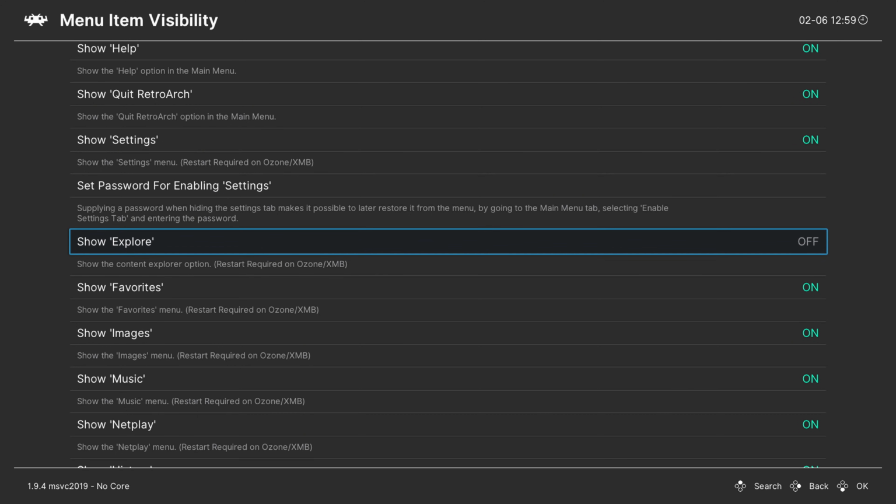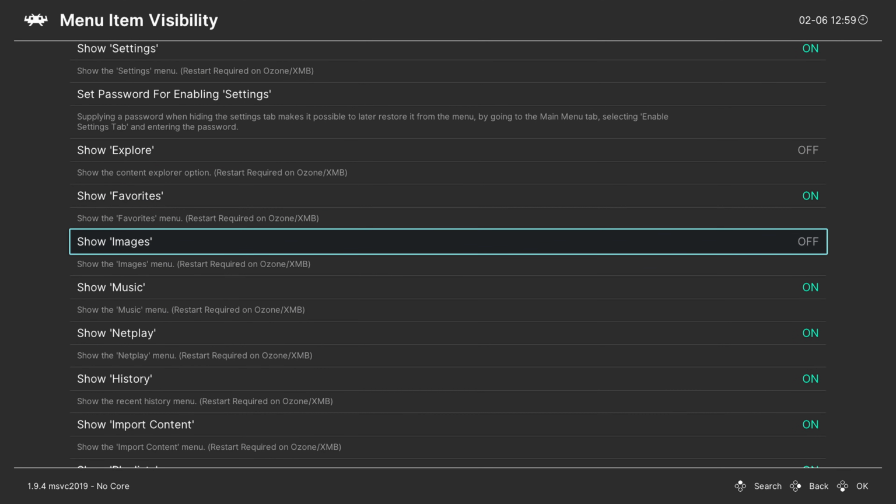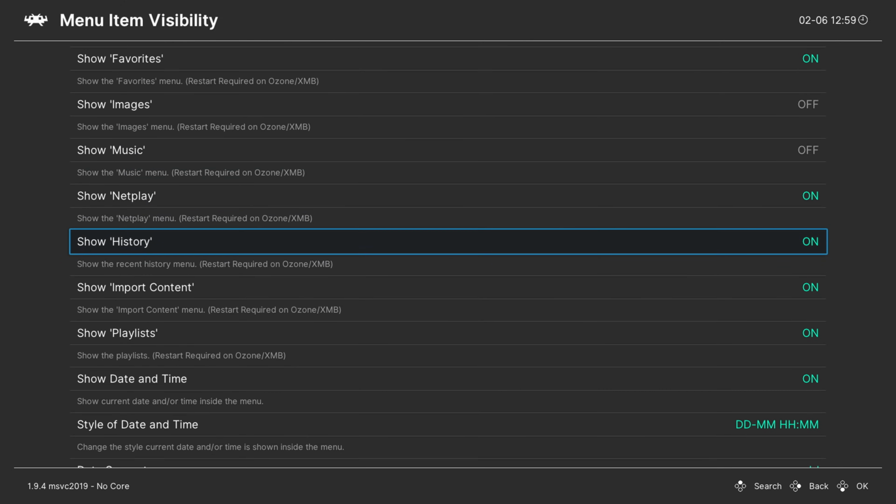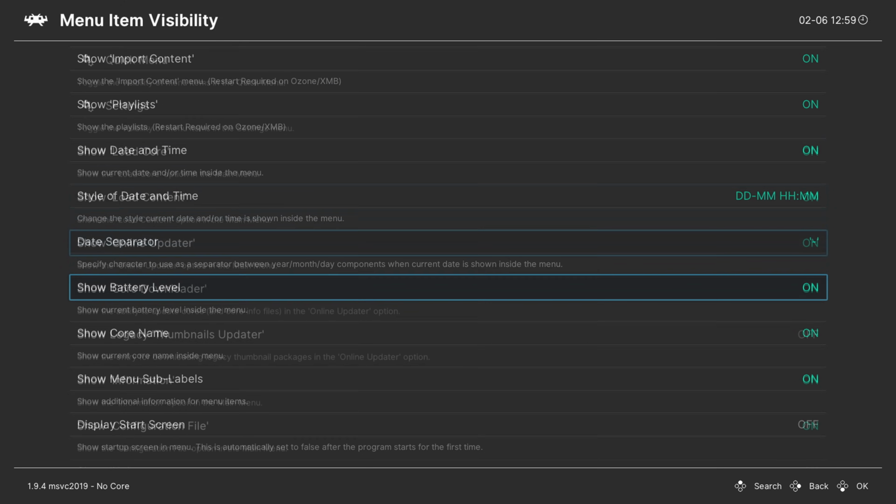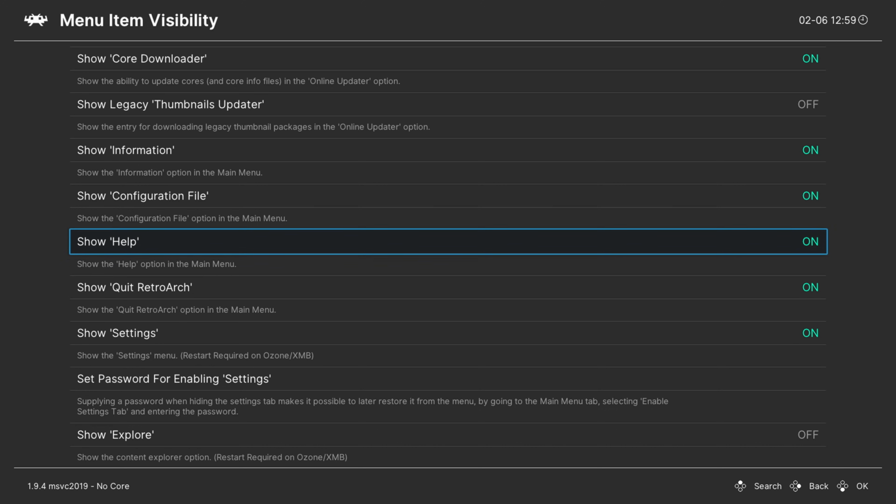This tab can cause crashes when you start making playlists within Retroarch. It is a hassle, it's a headache, there is always a long stutter or pause when it gets to this tab, so just turn it off. And then you can also turn off images, music, and any other tabs here that you might want to turn off. So for me, I like to turn off the Help tab,